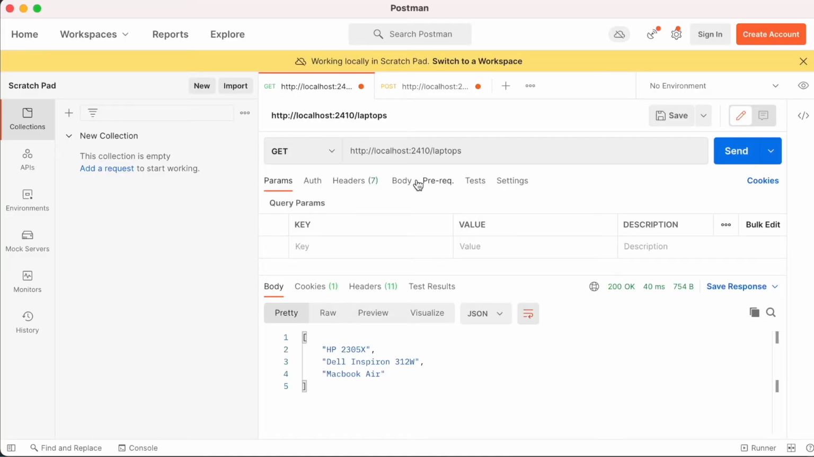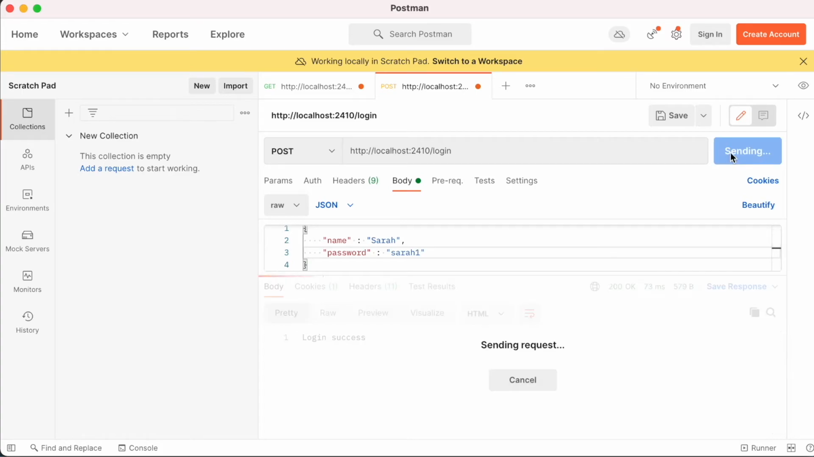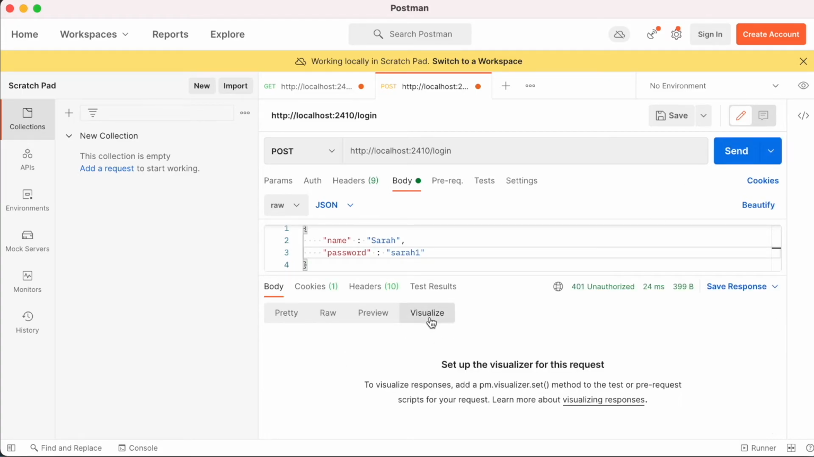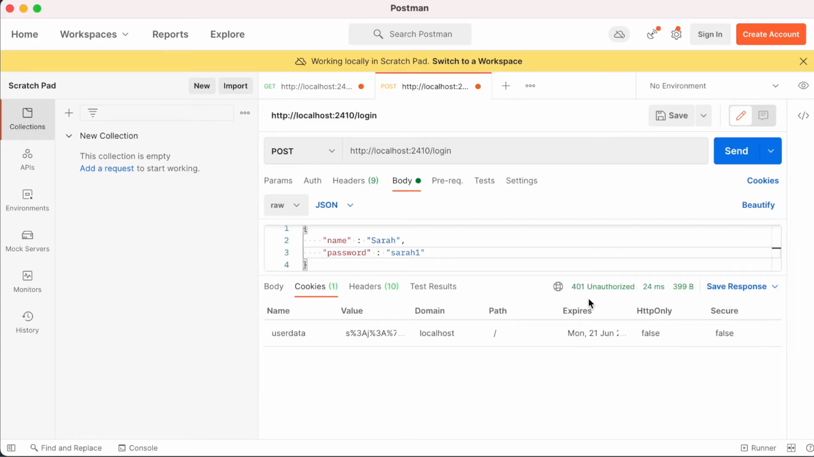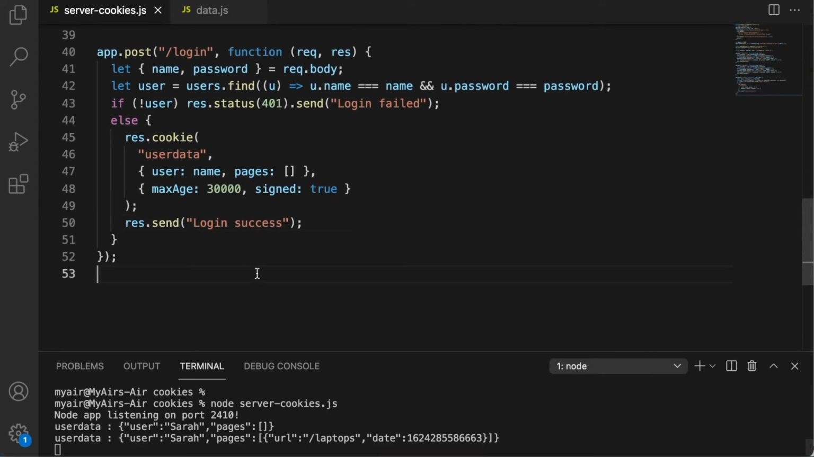Let's call it now with say value as Sarah1. So this should, the login has failed in this case. But remember the cookie has already been set. So the cookie has not been deleted. So we should ideally have deleted that cookie, which is the next part that we need to implement. So next we want to do is